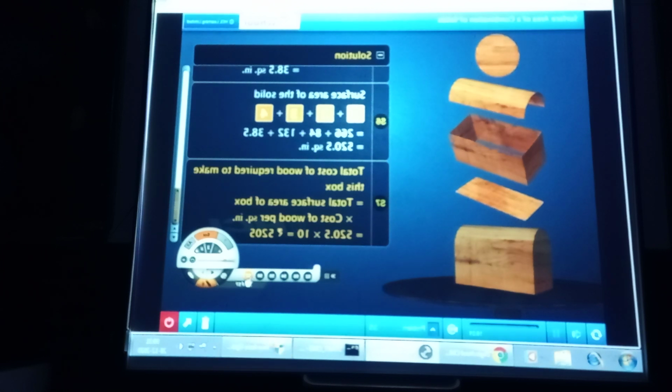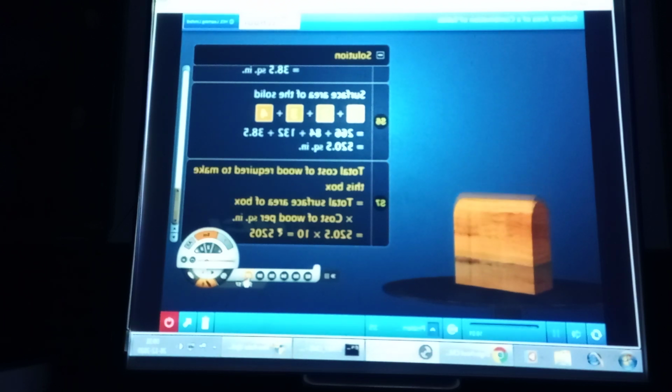Finally, we multiply the total surface area of the box with the cost of wood per square inch. Thus, we find the total cost of wood required to make this box. ये था आपका सम जो हमने अभी सबका अलग अलग से एरिया फाइंड आउट किया।